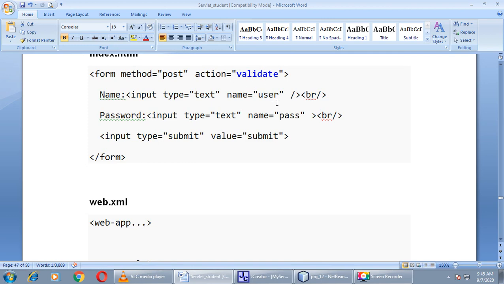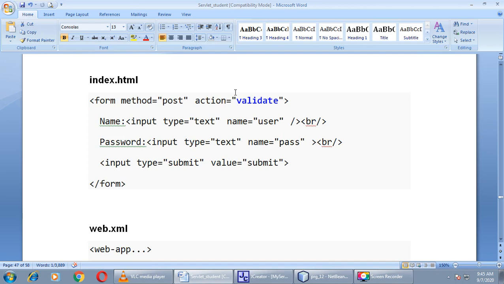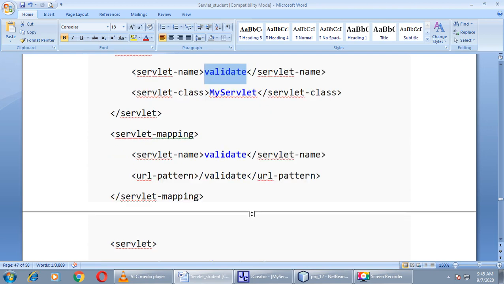You can see the same name, validate. Whatever name you are enclosing between the servlet-name tag, that we will use as the action in the index.html file. Okay, then the URL pattern for this class is /validate. That's it. This is the coding of the web.xml file.